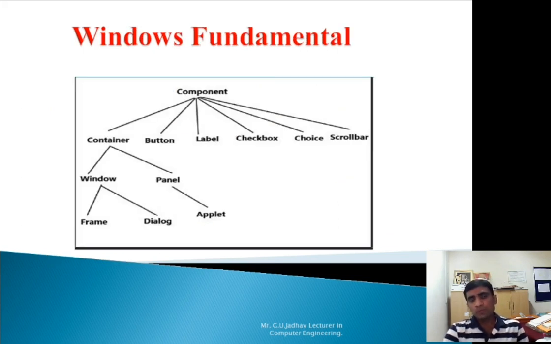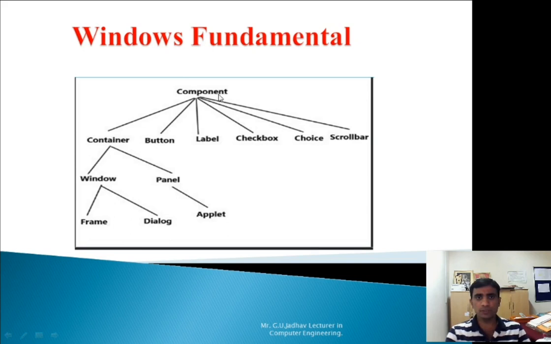Now when you see a GUI application, graphical user interface, we will see a window. That window has fundamentals. Some fundamentals are available with the Java window. In this diagram you can see at the top a Component class is available.